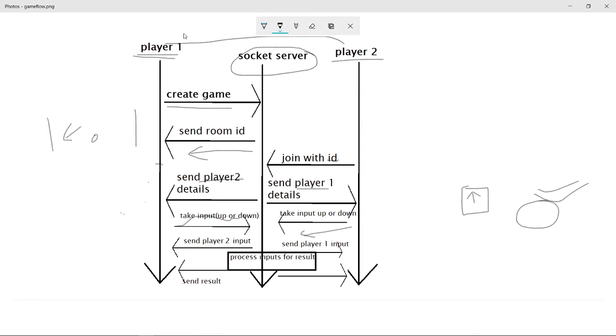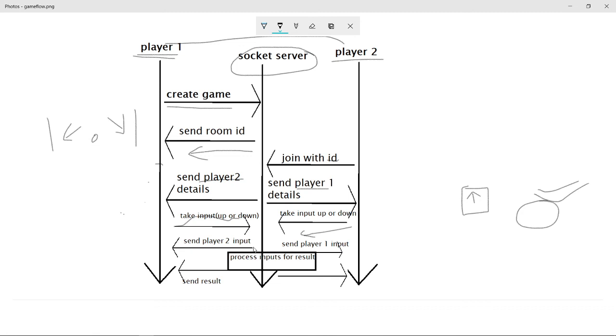That means player 1 will have control over this slider if it is the player 1 screen, and player 2 will have control over the other one. And if you come to the player 2 screen, then we can do vice versa.